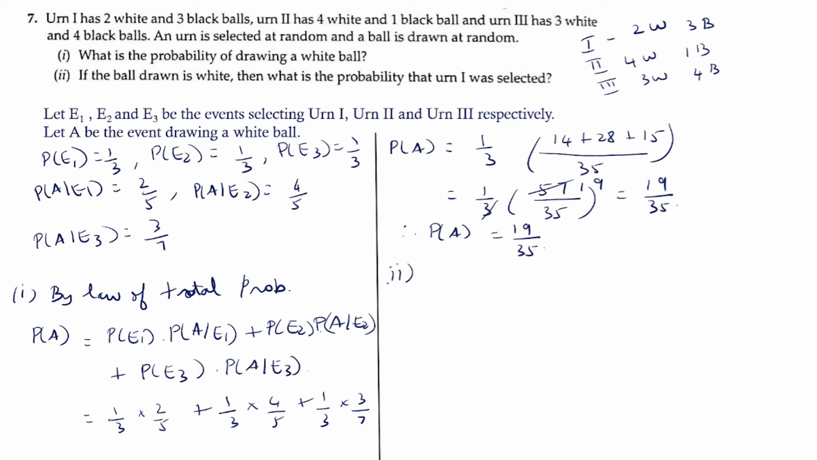Now the second subdivision. The second subdivision, if the ball drawn is white, then what is the probability that urn 1 was selected? So we need to find probability of E1 given A. So this is what we have to find. So using Bayes theorem,